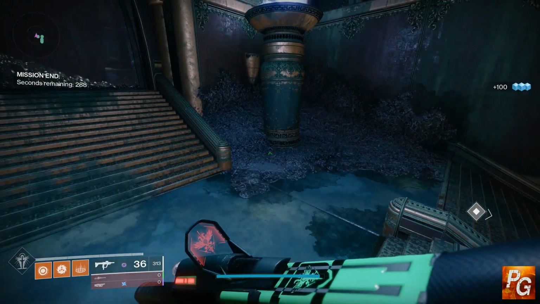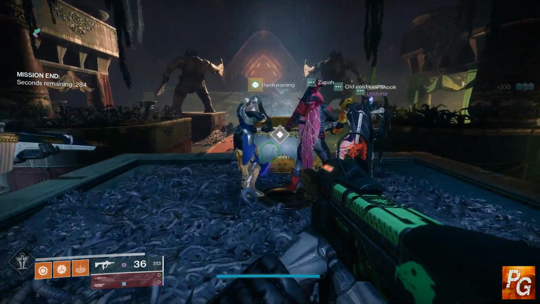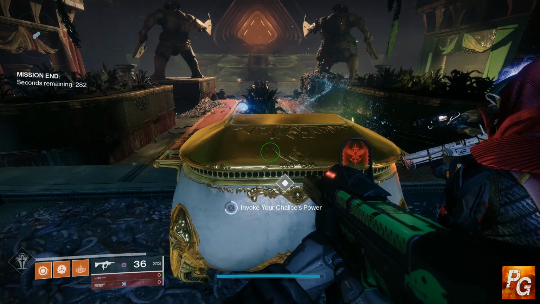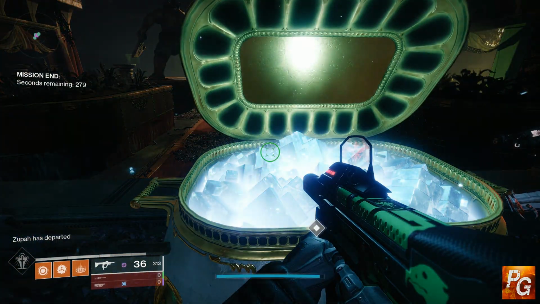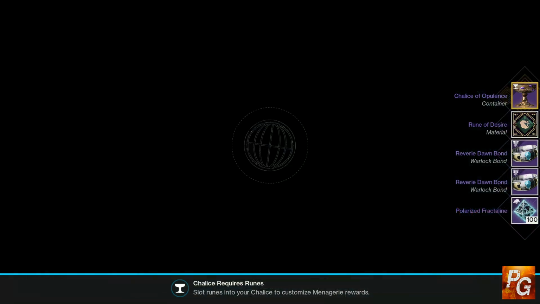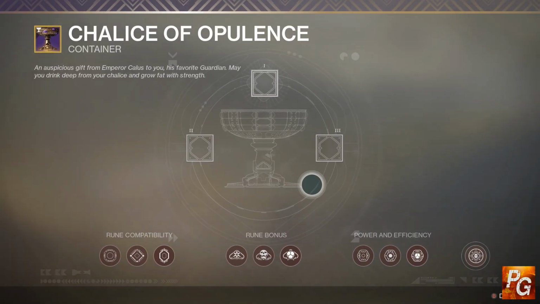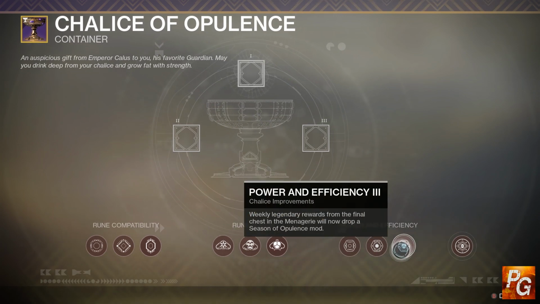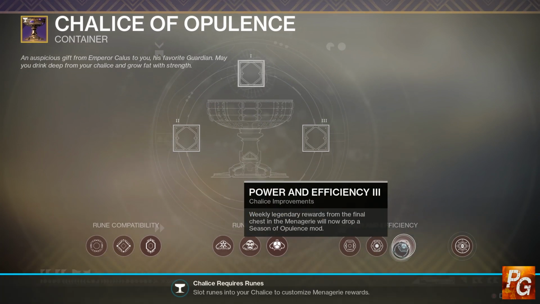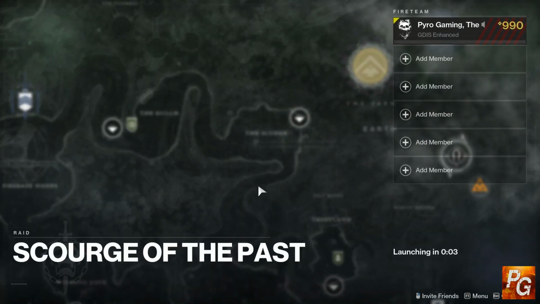Now, unfortunately, the mod dropping from the final chest does not seem to be guaranteed. I'm currently missing Hive Barrier, and you'll see that I open this chest and get no mods from it. However, I did get Hive Armaments from this chest just a few weeks ago. So they definitely do drop from this, so all of the Hive mods from Season of Opulence, you can farm completely solo in Menagerie. And the last mod set that we're going to look at is the Fallen mod set